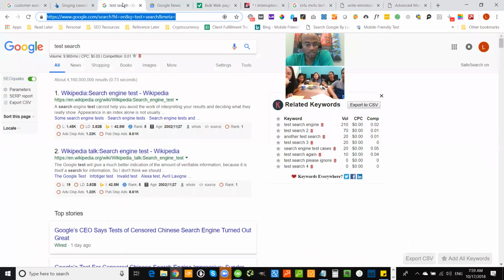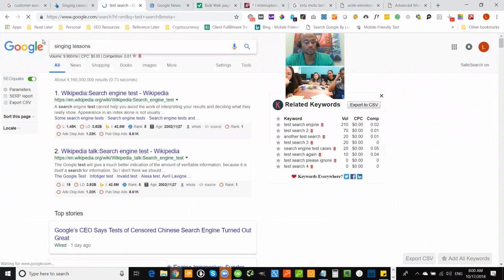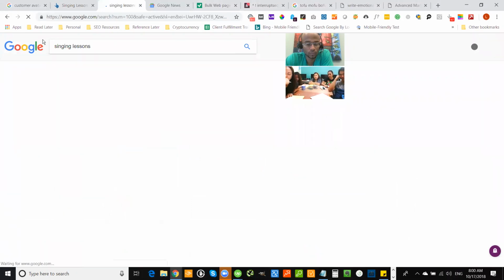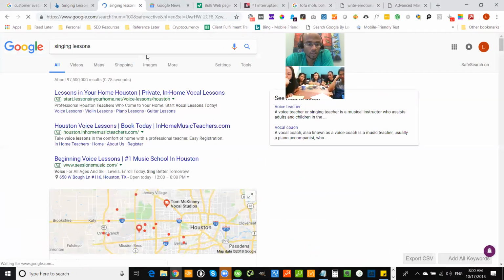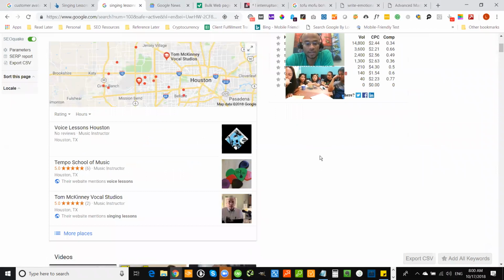So kind of just using our same keyword, singing lessons, first, let's type in our keyword, singing lessons. What's interesting, you'll notice that this big map here shows my city, Houston. If you were to Google this from your end, you'll never get this search result because you're not close to Houston. So if anything, it'll be something close to your city. But